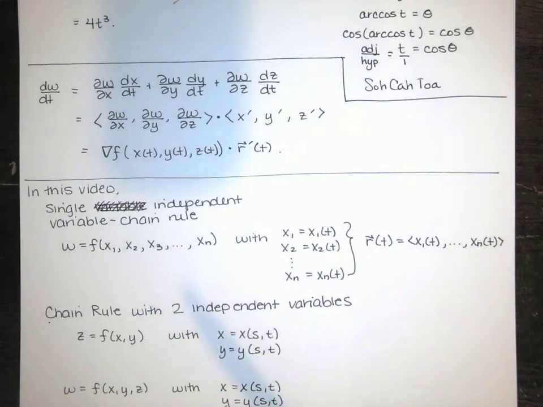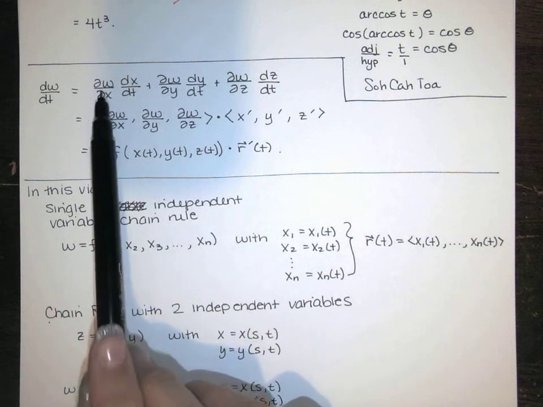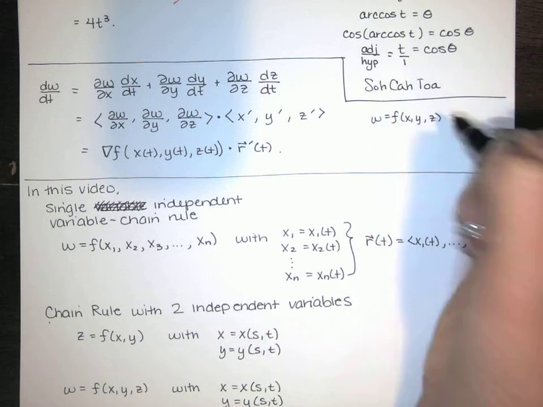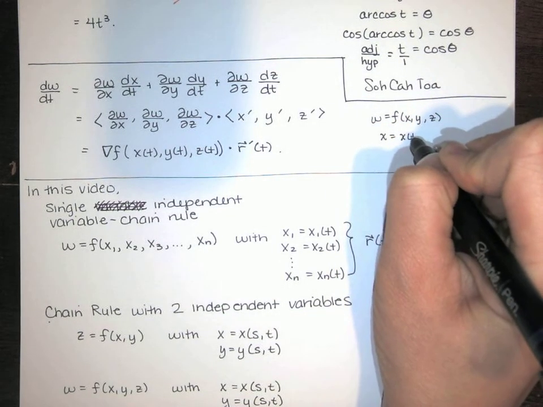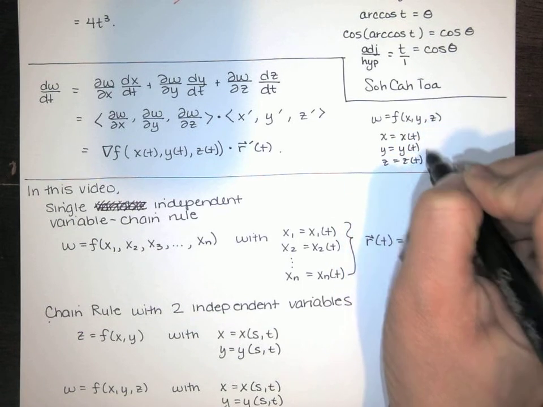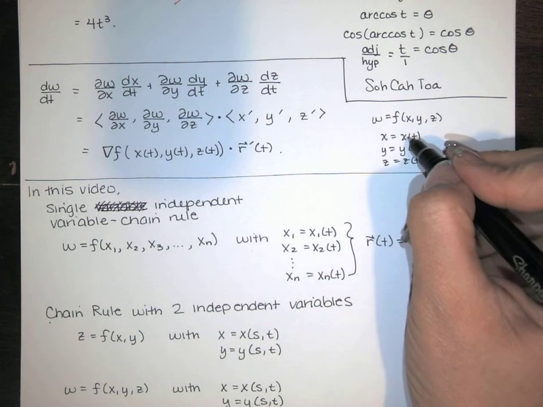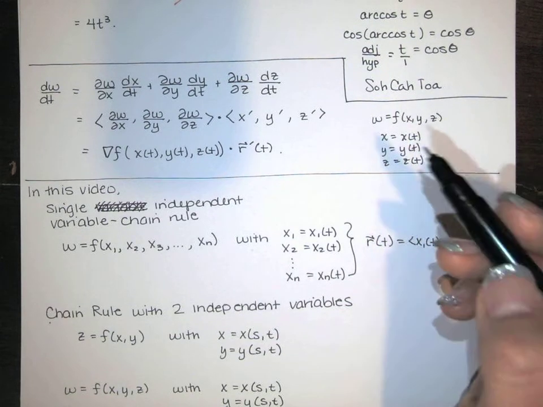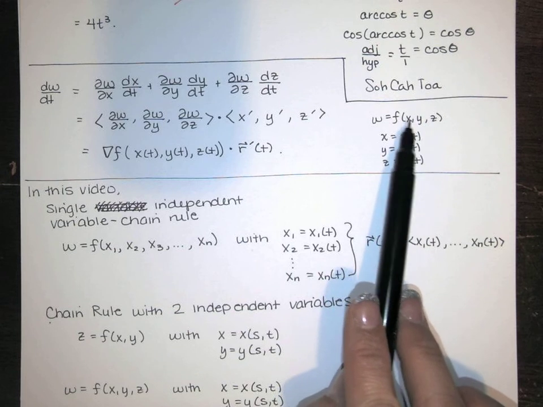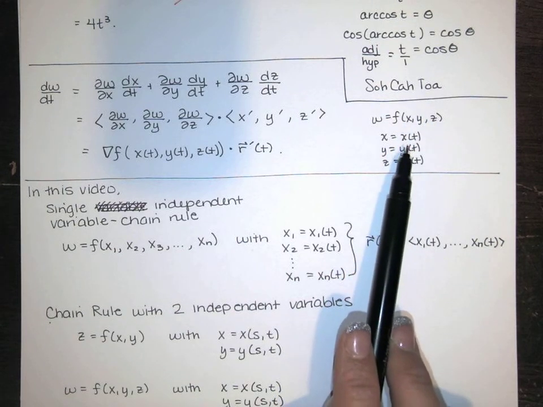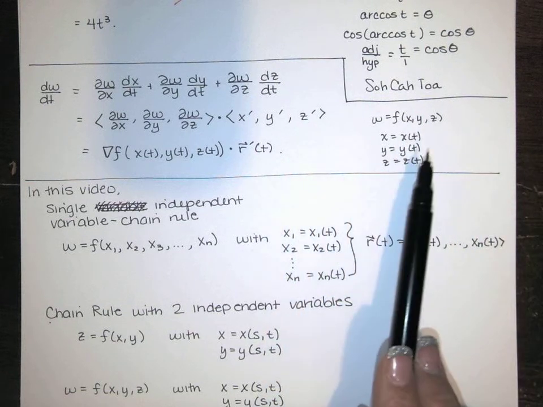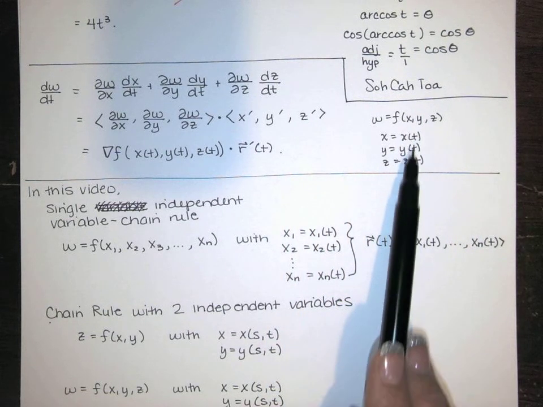So this is what we were talking about at the end of the last video. If you have w, and w is a function of three variables, x, y, and z, and x is being replaced by x of t, y is given by y of t, and z is given by z of t. So we might think of these as positions as functions of time. If my x, y, and z are changing with time, then we can think of w as changing with time as well, at least from the perspective of some particle moving along this